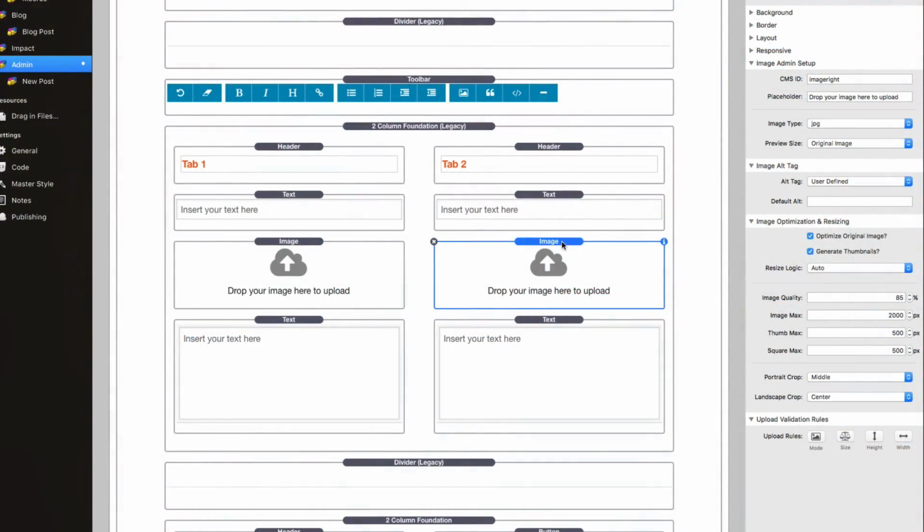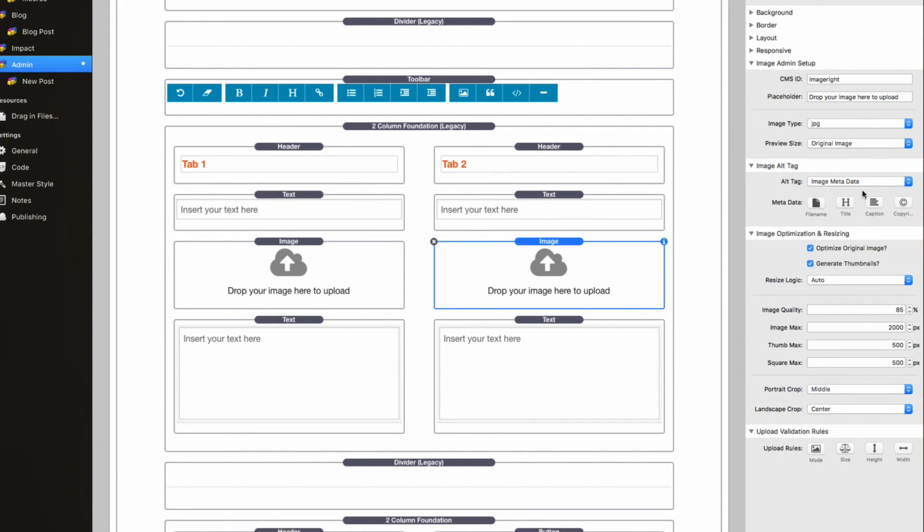So here we have the image admin stack. And I want to say that these new settings that I'm going to talk about right now apply to both the individual image stack as well as galleries. First off, for the alt tag, by default, it's user defined. However, now we can pull in image metadata from the actual image to populate that alt tag by default. So we can pull in the original file name, the title, the caption, or copyright data from the EXIF data of the image